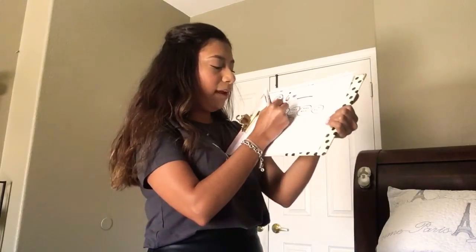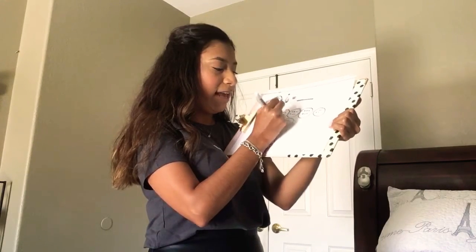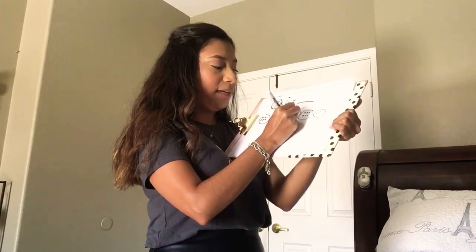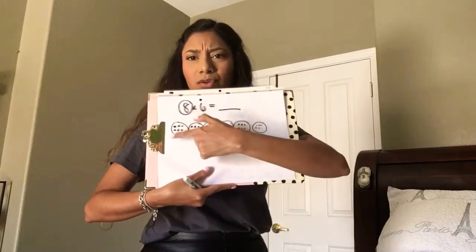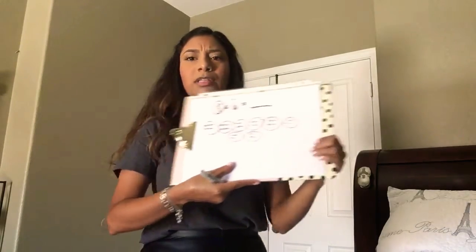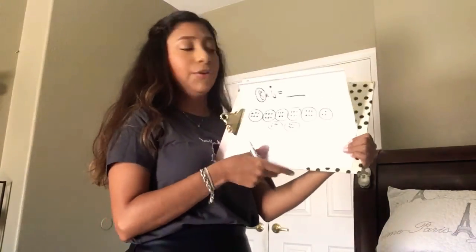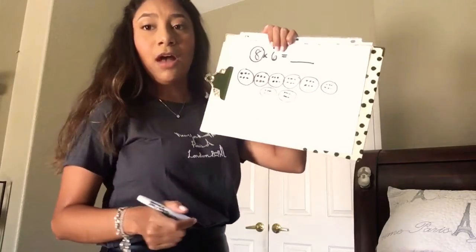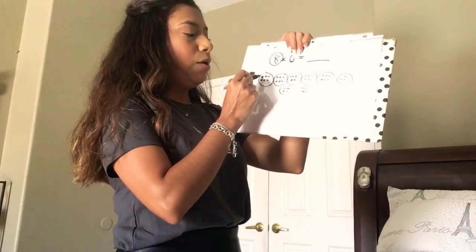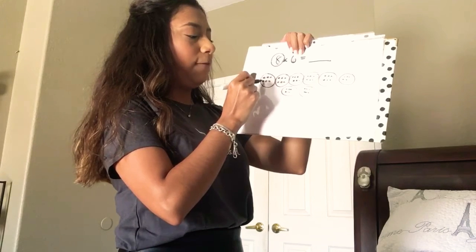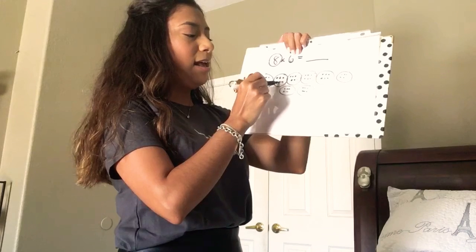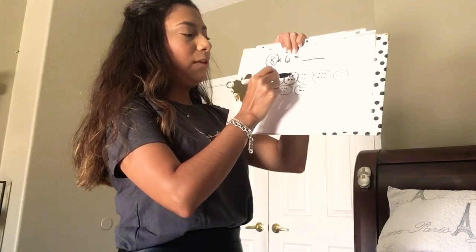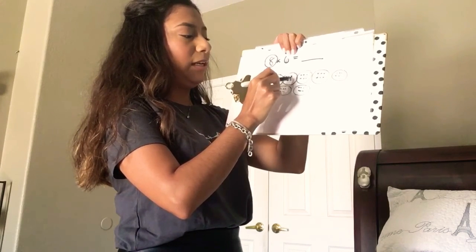So let's go ahead. We're going to count together as a class, and our next step is going to be to figure out how many we have all together. So how many little circles there are here all together. So we're going to go ahead and count together as a class. You're going to go ahead and count with me. Let's count loud and proud. Ready, begin. 1, 2, 3, 4, 5, 6, 7, 8, 9, 10, 11, 12, 13, 14, 15, 16, 17, 18,